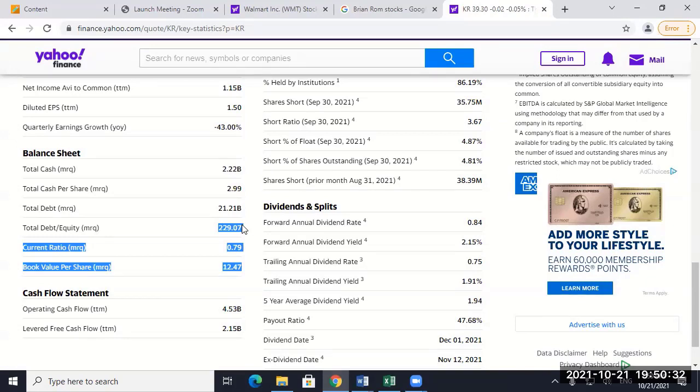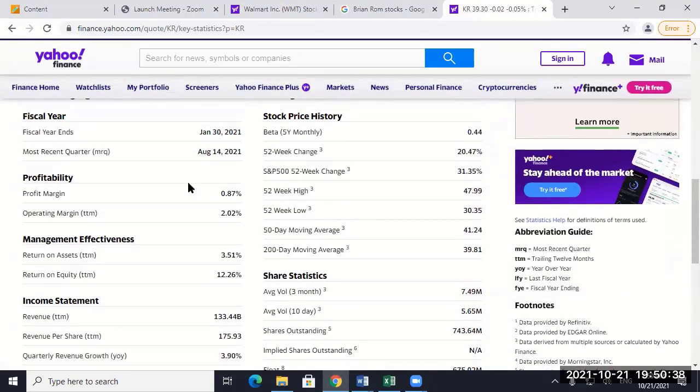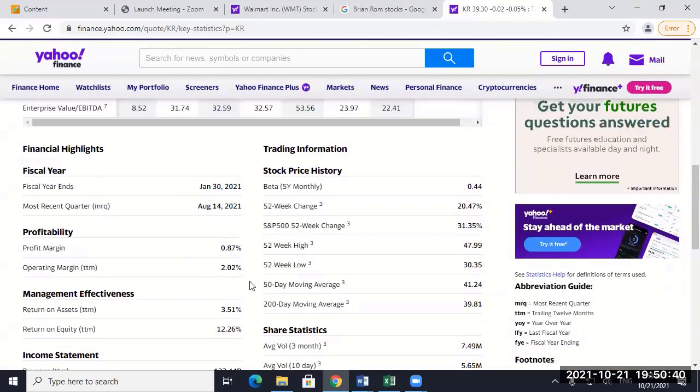Does it push it up to 1.7? No, but it might push it up to 0.6, 0.7. So, those are the kind of things you have to adjust for. I'm going to show you a spreadsheet that's going to help you with that.